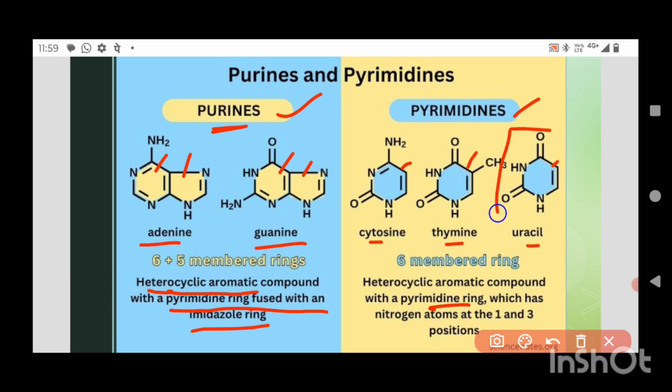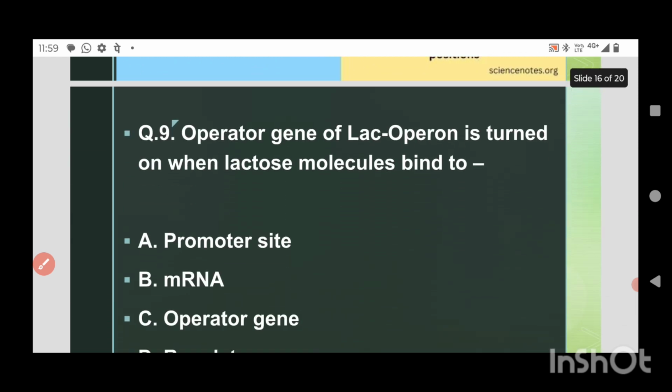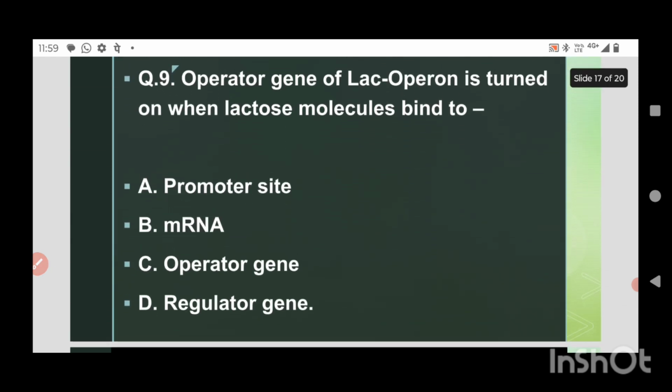But uracil is not relevant for DNA, so it is already excluded. And between cytosine and thymine, only thymine is given in the options, so thymine will be the correct answer. Okay, now in the next question, question number 9,